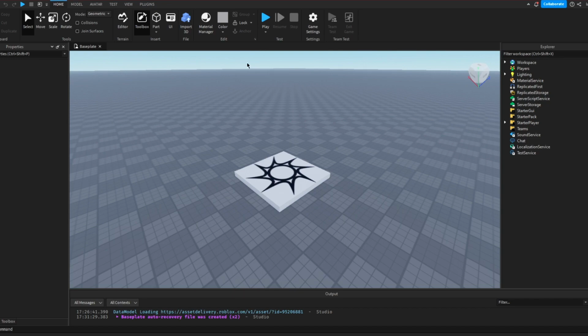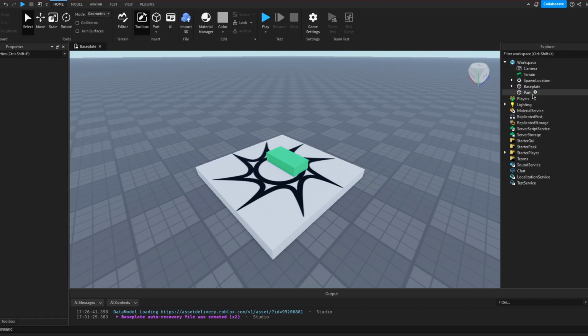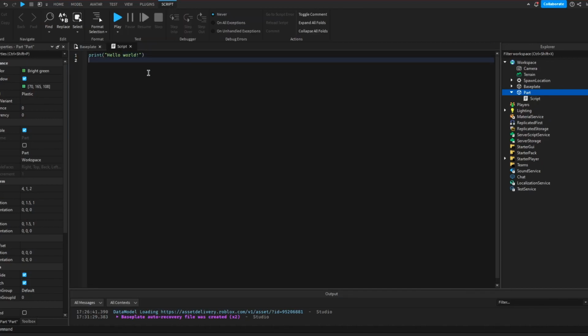One of the cool parts of scripting is that you get to change the properties of parts. Let's just say, for example, that I wanted to change the color of the part again, from this teal to maybe a red. To do that, create a script in the part, and then delete this. If you want to change one of the properties of the part, we have to actually reference it in the